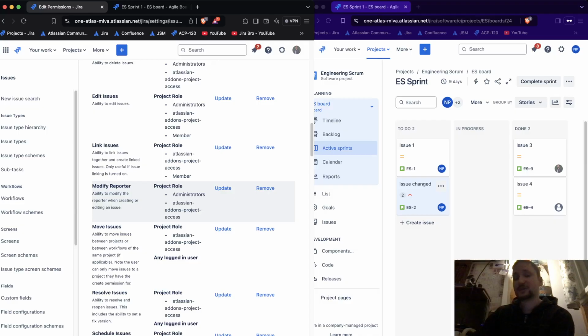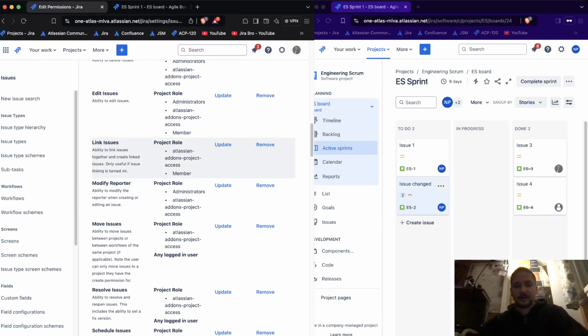The thing is, you cannot actually delete that field, because first of all, it's a system field that cannot be deleted. It's hard coded, and also it's required to be there. All right, and